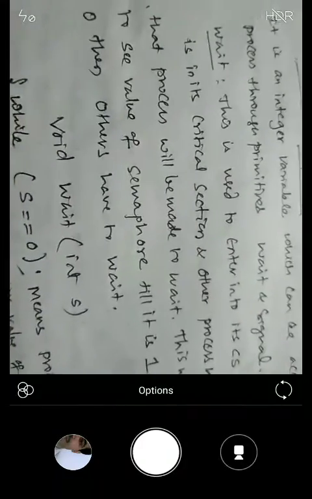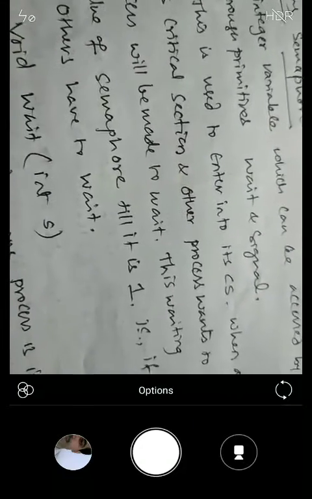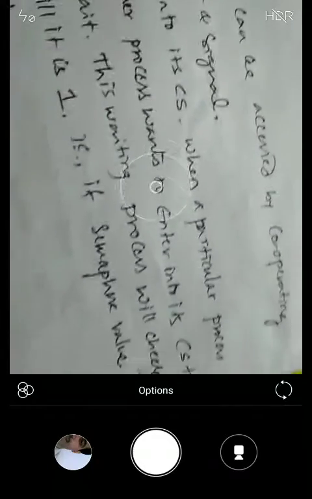The waiting process checks the value of the semaphore variable, which is 1. If it is 1, then it will enter the critical section by setting it to 0.